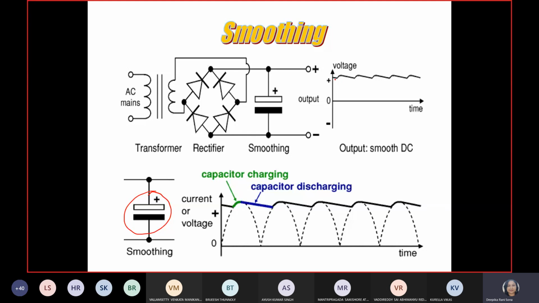Now suppose the input fed to the capacitor gives rise to this type of smoothed output. After the filter section, some ripple is still there. Okay, it is still not a constant DC. We need a constant DC with a regulated one. Regulated means whatever the change in the input, the output should always be constant irrespective of the change in the input supply voltage, right?